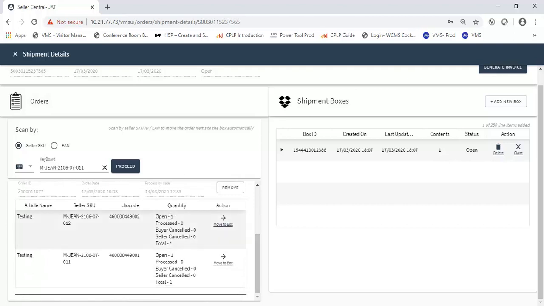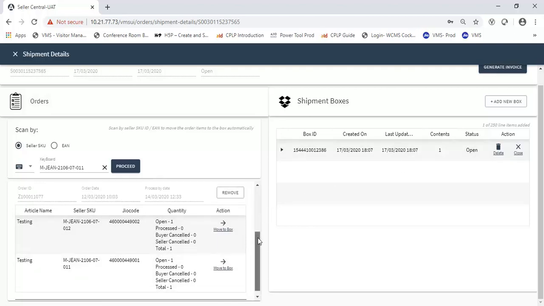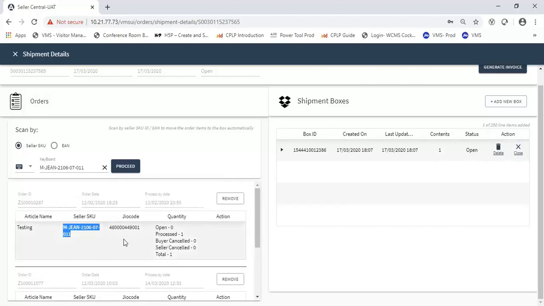For this, the quantity open is 1, processed is 0. Here also open is 1, processed is 0, for both total is 1. That means these need to be added to the boxes as of now. Yes. So, as you have seen, this is how you can do it by manually entering seller SKU or EAN codes.